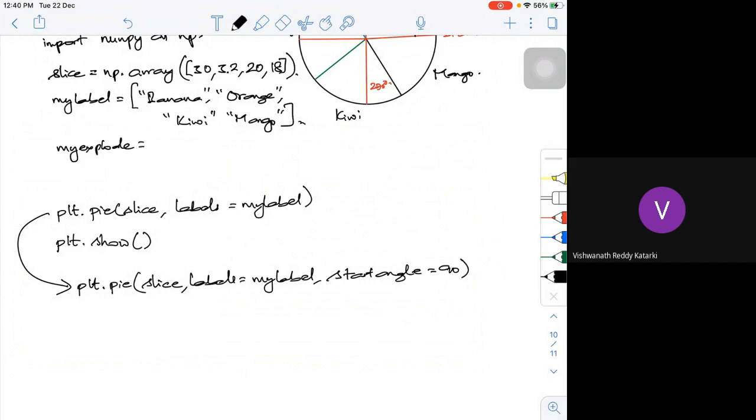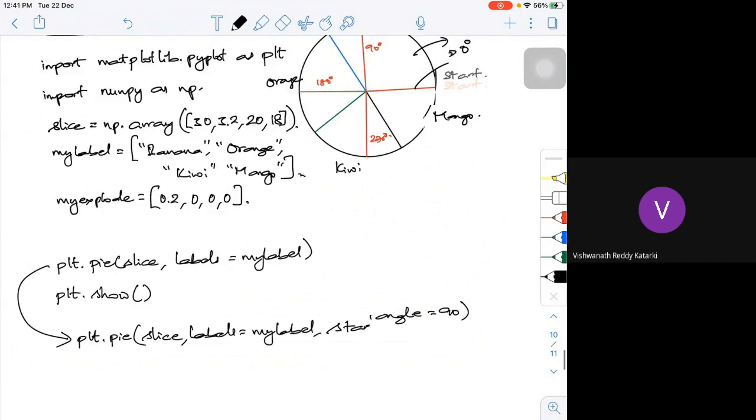You have to explode the first one. You have 4 data, so you want to explode it by some particular fraction of the wedge, like 0.2 or 0.3 or 0.1 from the center of the pie. So let it be 0.2, only banana, then 0, 0, 0.